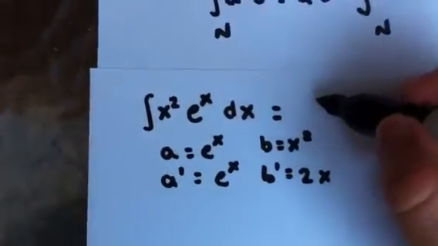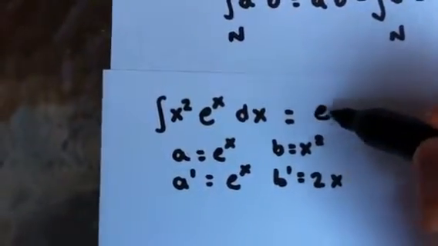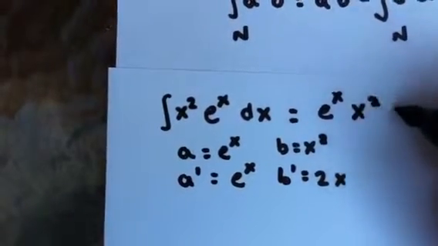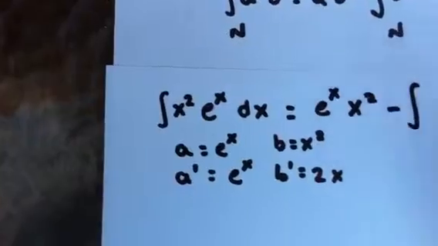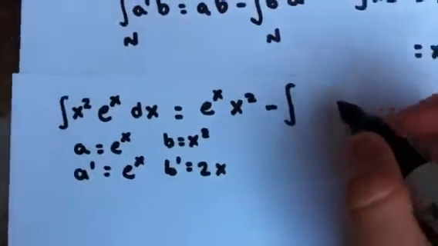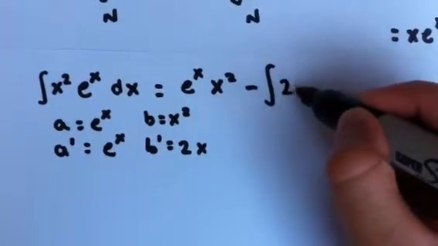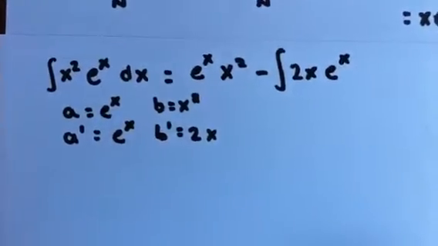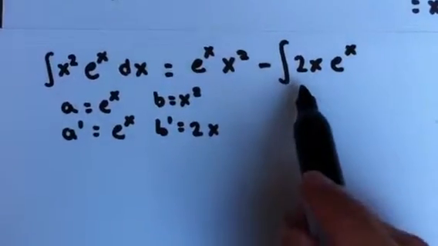So when we rewrite this, that's going to equal a times b, which is e to the x times x squared, minus the integral of b prime a. Well, b prime is 2x, a is e to the x, so we really haven't gotten very far in our simplification of this integral,